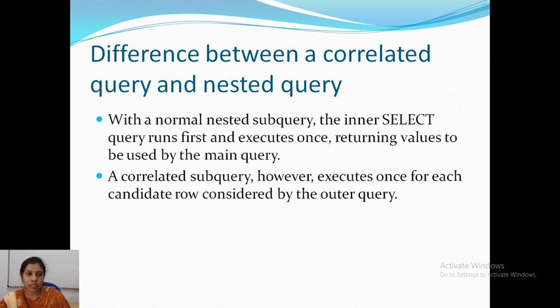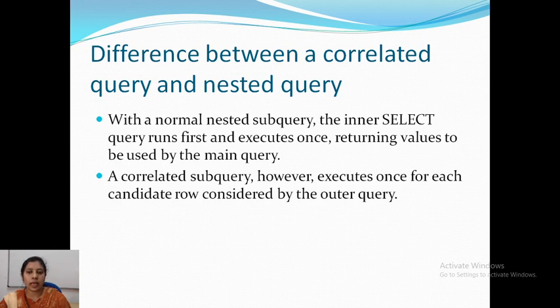See, in the previous examples, when you were finding values greater than the maximum, you are checking whether the employee salary is greater than the maximum salary of employees in department number 5.